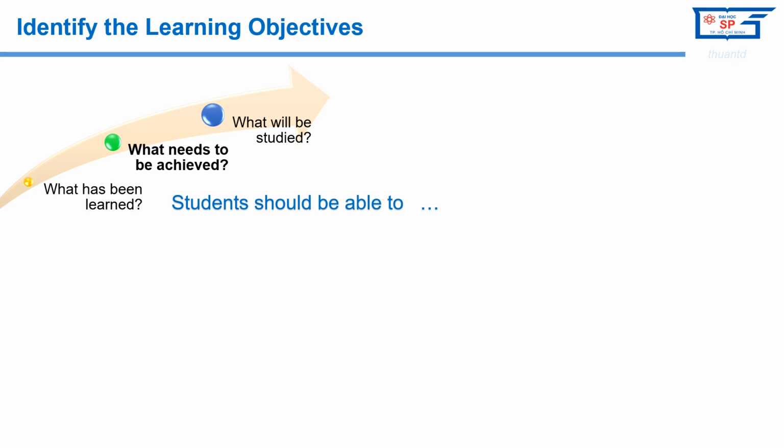Learning objectives should be student-centered. The objective should focus on what the students will learn and be able to do, rather than what the teacher will cover in the course. This approach puts the learners at the heart of the educational process. Teachers should use action verbs in Bloom's taxonomy. For examples,